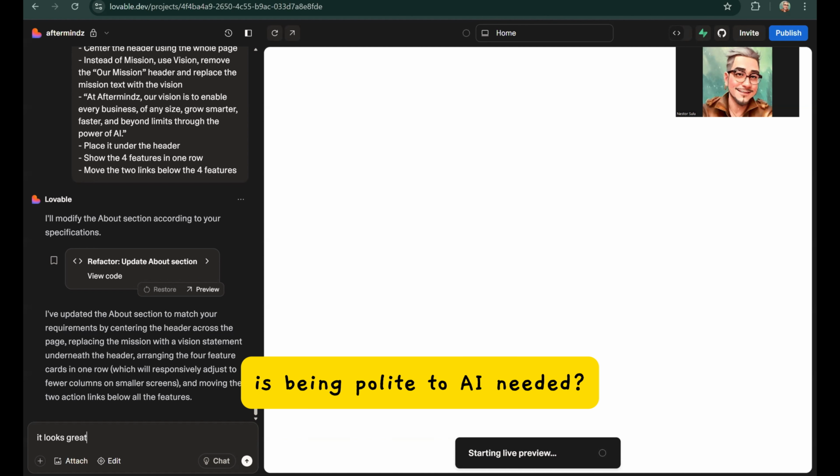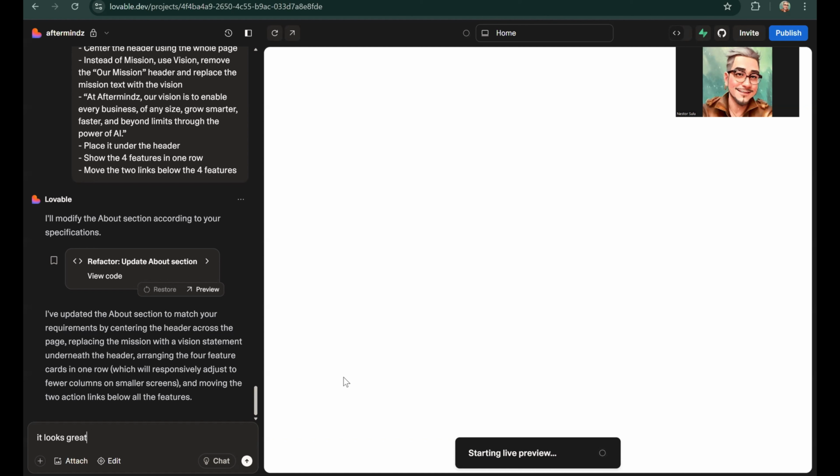It's a machine. But I saw one article saying that being polite to the AI seems to lead to better responses. So in case of doubt, I better do it, because anyway, I am a polite person and I feel grateful because it really helps me a lot. So it looks great. However,